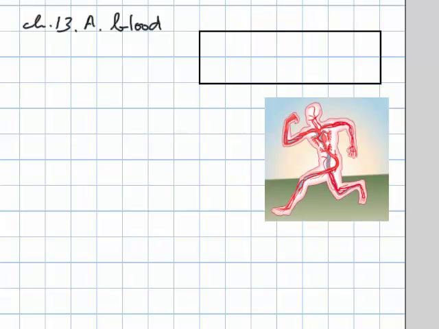This is another problem about blood, and it says the amount of heat per second conducted from the blood capillaries beneath the skin to the surface is 240 joules per second. The energy is transferred a distance of 2.0 times 10 to the negative 3 meters, so that's 2 millimeters, through a body whose surface area is 1.6 square meters. Assuming that the thermal conductivity is that of body fat, determine the temperature difference between the capillaries and the surface